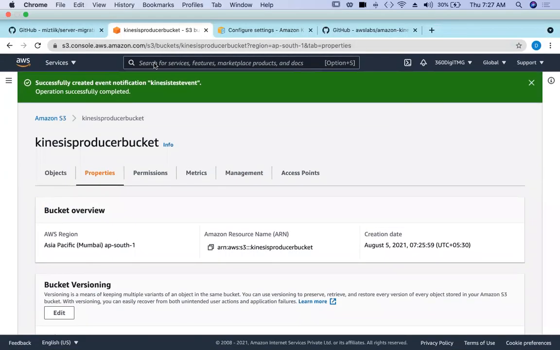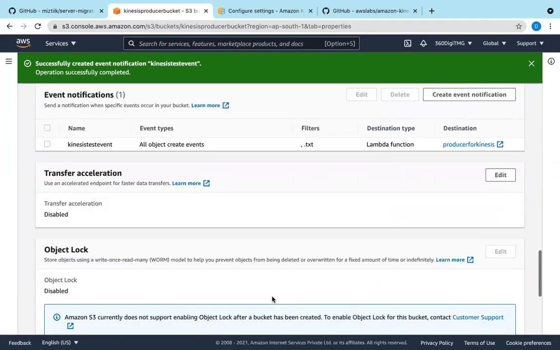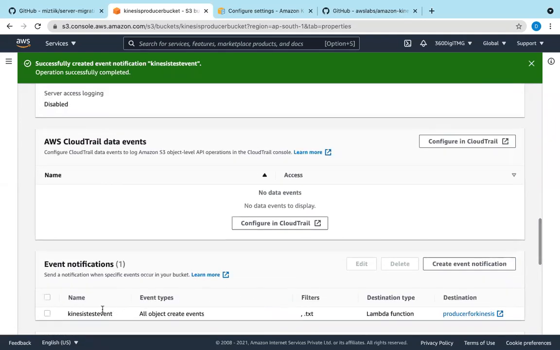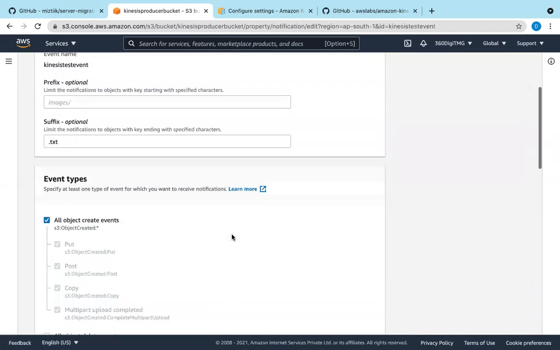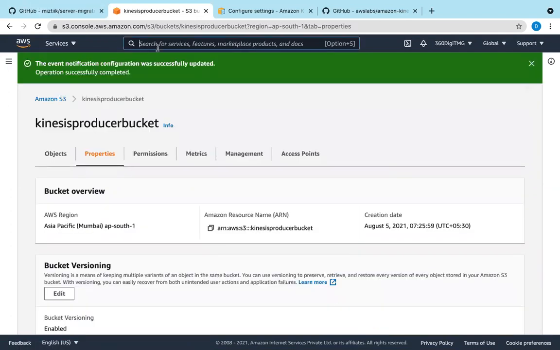And that Lambda function, go to where it is, object lock, event notification, Lambda function. To save, go to Lambda.